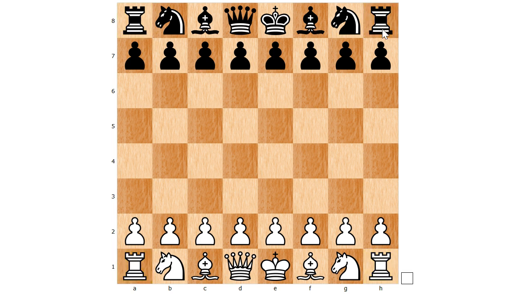Then next to each of the rooks you place a knight, one on the left hand side and one on the right hand side, and of course it's the same for black. Next to the knights you place the bishops, also one on the left hand side and one on the right hand side, and the same for black. On the two remaining squares you place the king and the queen. But notice that when you pack the pieces, you should always place the queen on a matching square. In other words, the white queen would start the game on a light square, and the black queen would start the game